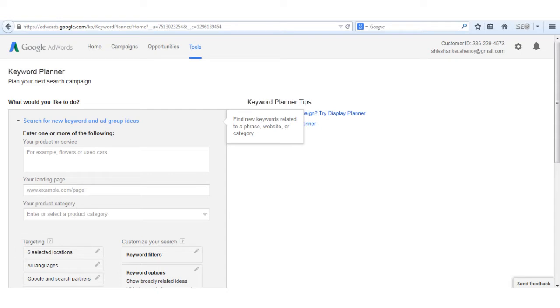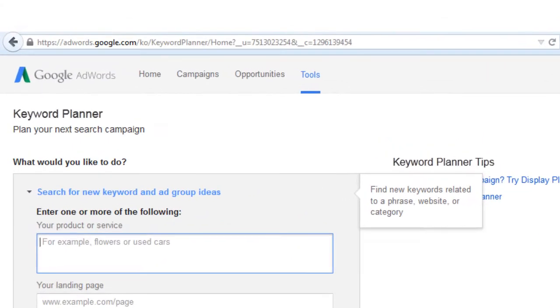Let's assume that you did your homework and you figured out that gardening is your passion and growing bonsai is something that you would like to have your blog about. So you want to figure out what keywords are being searched for by people, so you include those keywords in your blog in order to get ranked by Google. And the goal here is to identify the keywords that you will be using.